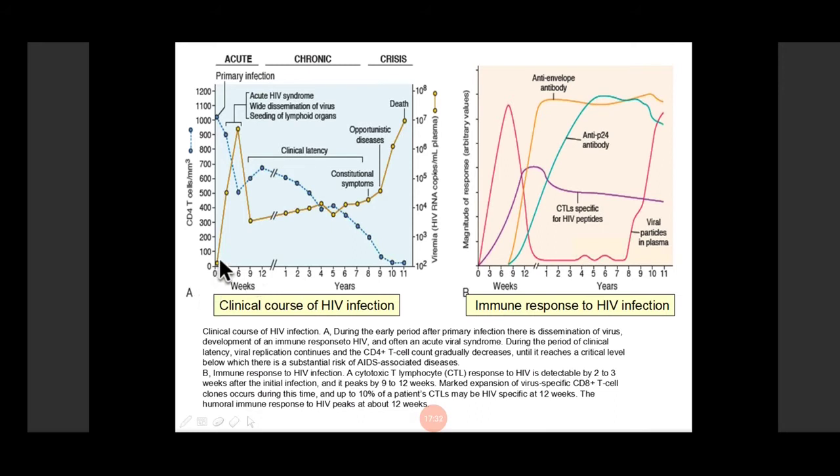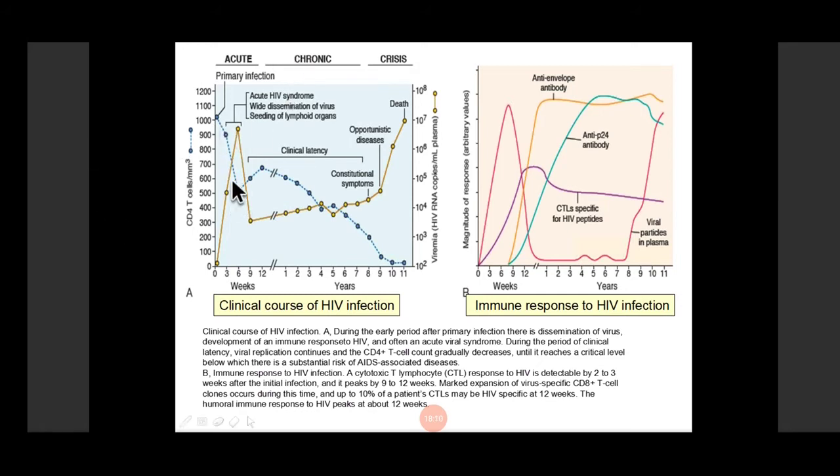Here we can see first there is entry of the virus, and the count was high, obviously a normal count. Then there is acute infection. This is also called acute HIV syndrome. There is a sudden drop in the count of CD4 plus T cells, because we have read that the virus goes inside the CD4 plus T cell and replicates inside it. Then multiple tiny buds of virions appear on the surface of the CD4 T cells, and when the CD4 plus T cell is studded with these virions, it ruptures. So there is gradual loss of CD4 plus T cells.